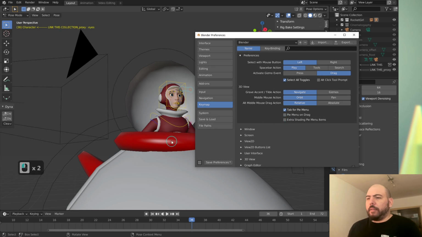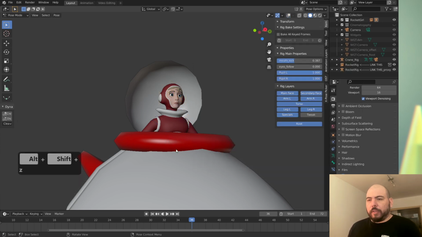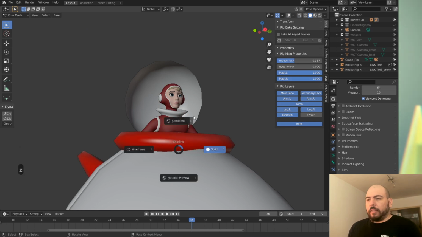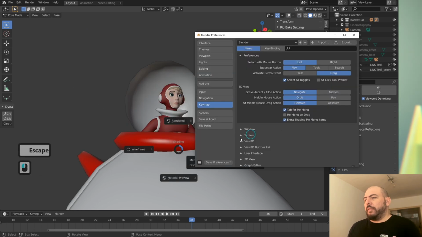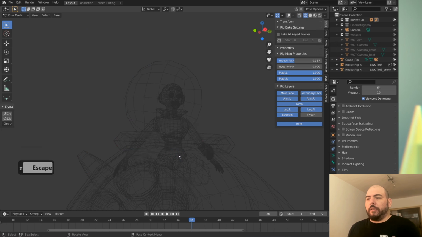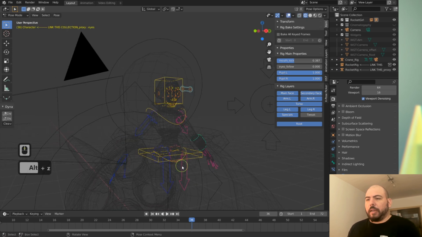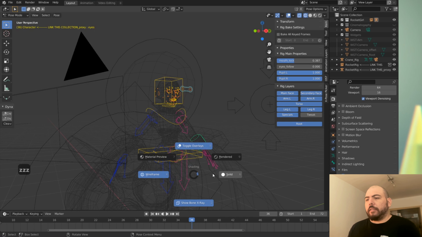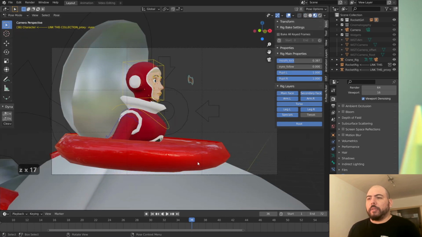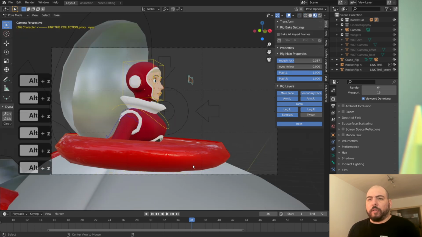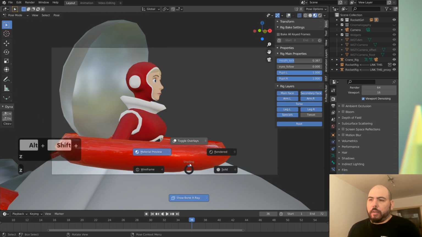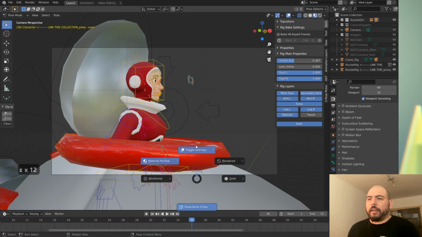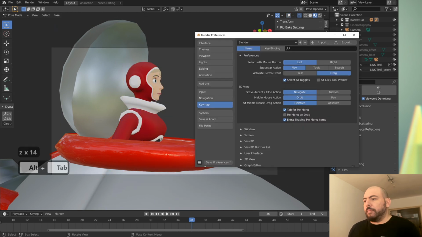Also, the extra Pie menu shading. So with Z, by default, you get these 4 options. And if you turn that on, with Z, you get some extra options, which I appreciate, like X-ray on the bones as well, which I also use with Alt Z. And I use this a lot. Also it helps you, like you can toggle overlays directly from there, which is appreciated. The rest of the stuff, it's pretty decent. I wouldn't complain much about it.